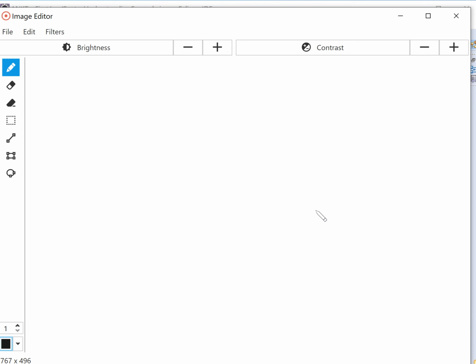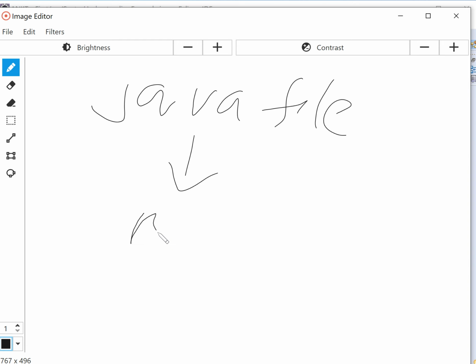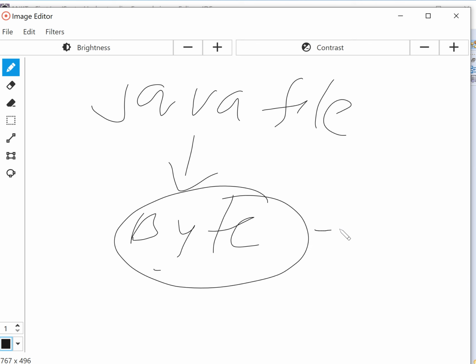I have told you that when you compile your Java file into bytecode, this bytecode is necessary for the JVM. We will discuss that in the next lecture.